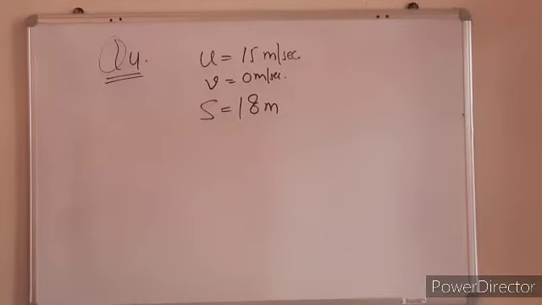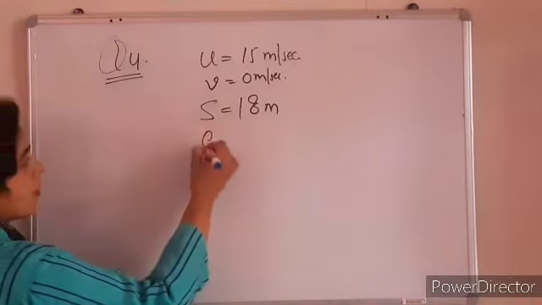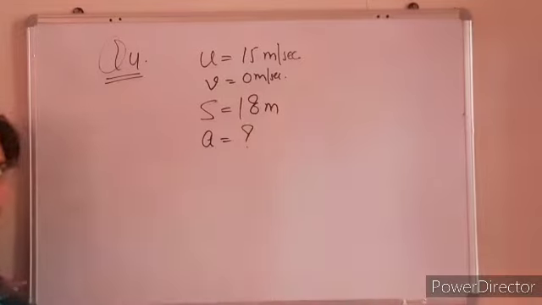So for deceleration, first of all, look into the question, what all things are given to you, and have you written all the things? Deceleration is what? That is acceleration. So we can write here A, we have to find out, obviously. Now given is done. Next is conversion. Meter per second, meter per second, meter. So all are in the standard form.